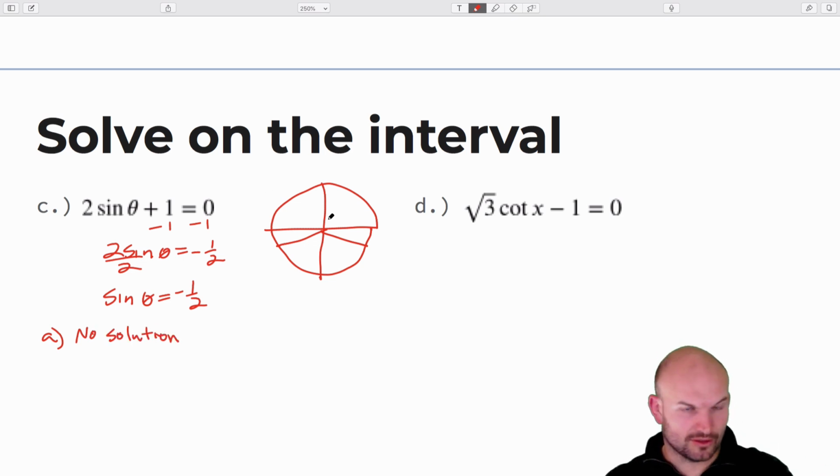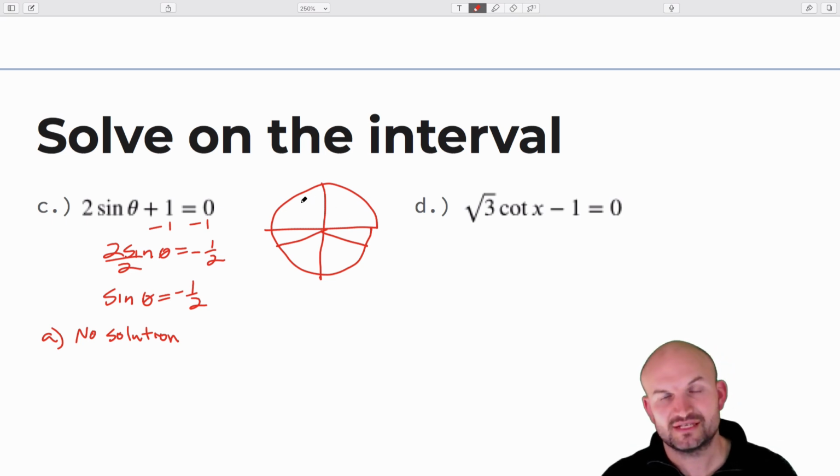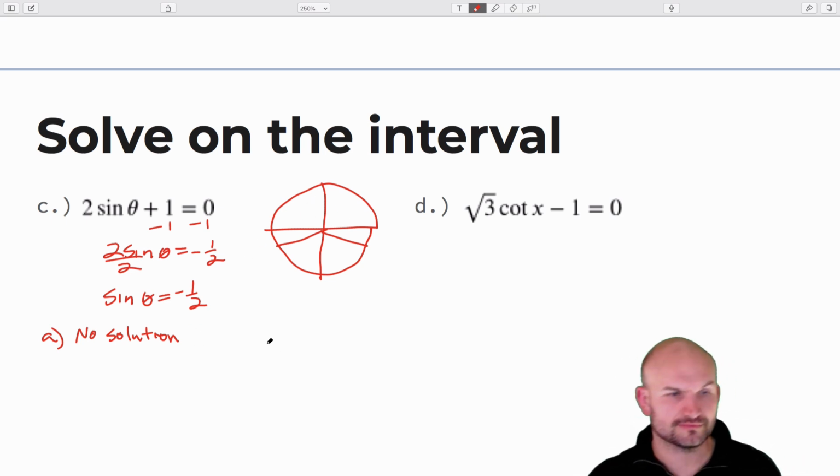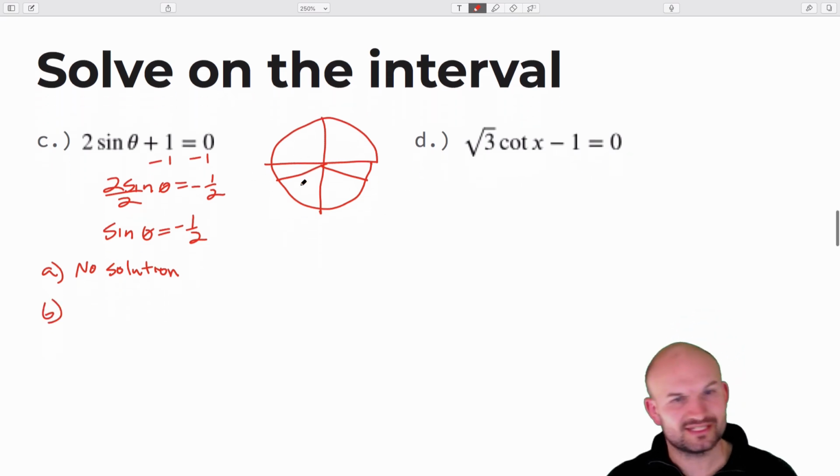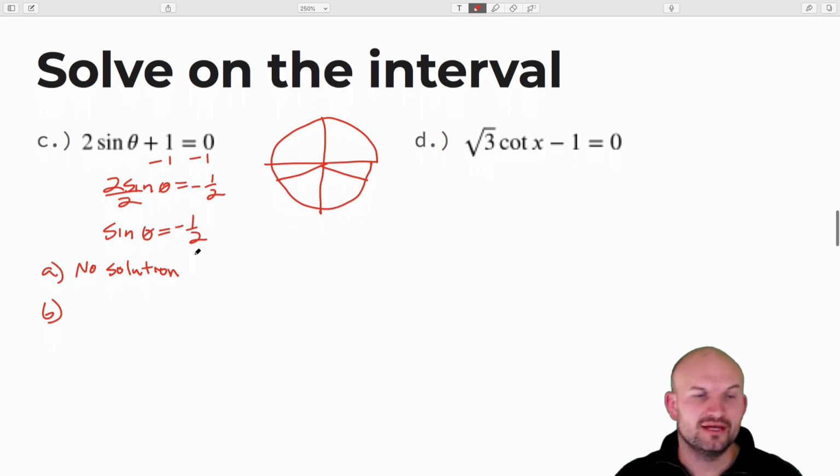Because any angle that we plug in those first two quadrants, sine's going to be positive. So you can see why that's never going to work. For B is all the angles on the unit circle. Again, this just comes into knowing which angles have a y-coordinate of -1/2. I like to think about it using reference angles. But at this point, you should just be familiar enough with the unit circle, hopefully, to be able to figure